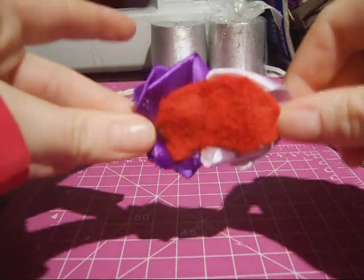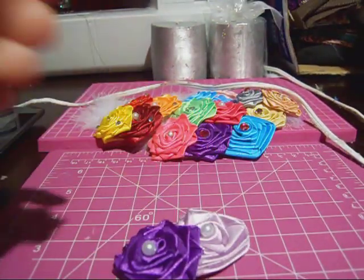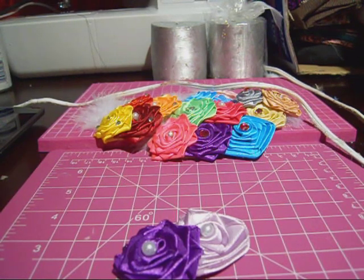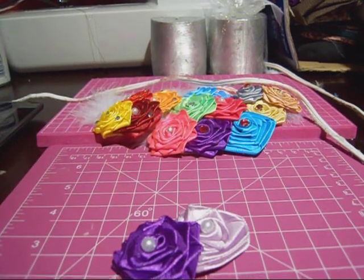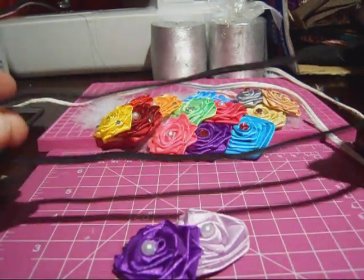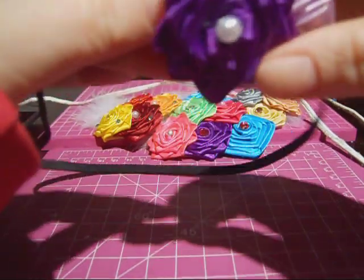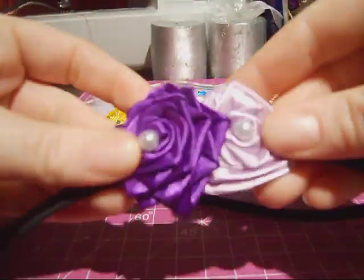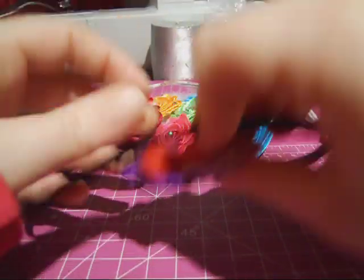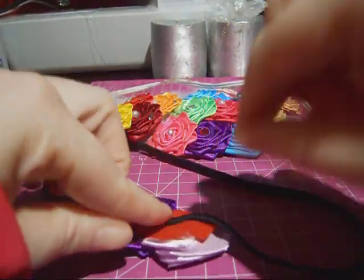Now this part does not really matter, because if you're going to take a headband, let me see if I have one right here that I can grab. I do. So you're going to take an elastic headband, and if you're going to place this onto your headband, you're going to put this here,